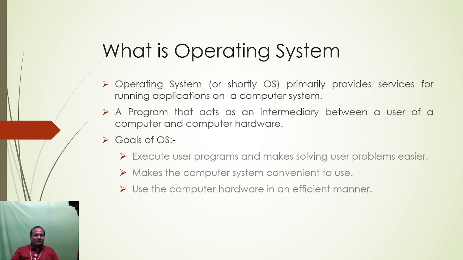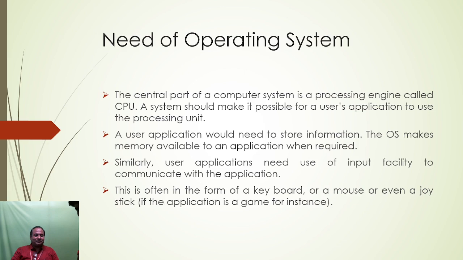So the operating system is important to a system, and it helps the computer hardware so that we can use the hardware in an efficient manner. If you don't have an operating system, we can't handle hardware like the mouse, keyboard, or any other joystick. We can't use them. So the operating system supports the use of hardware resources like the mouse and keyboard.